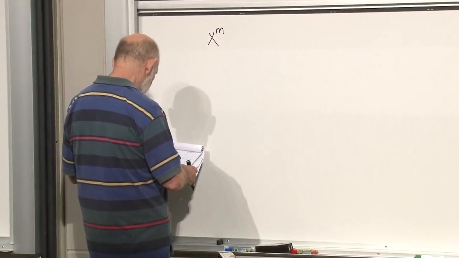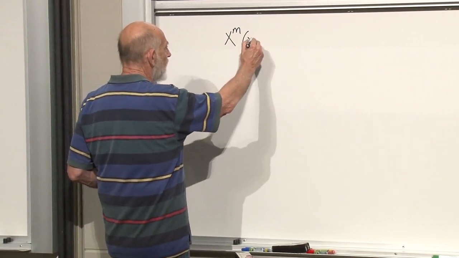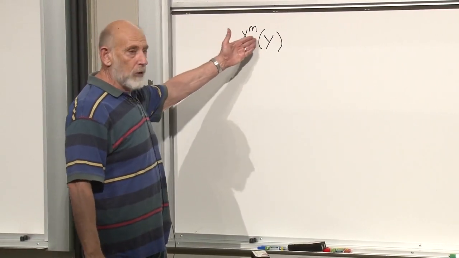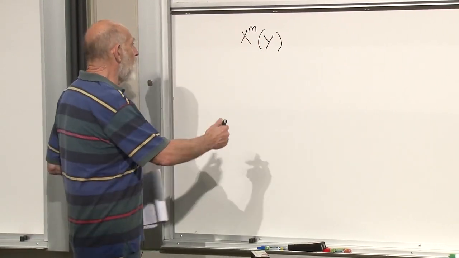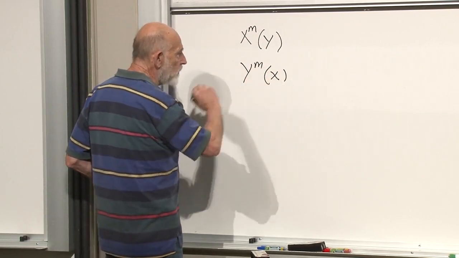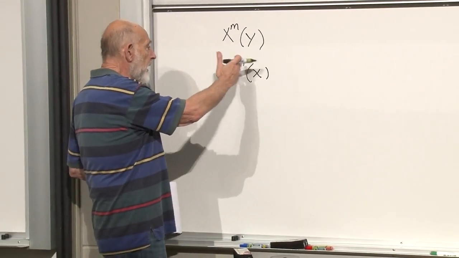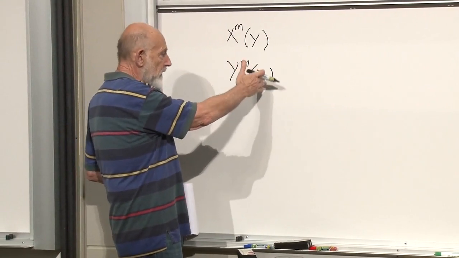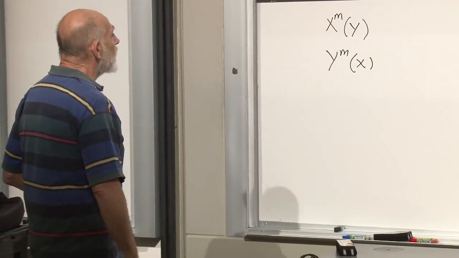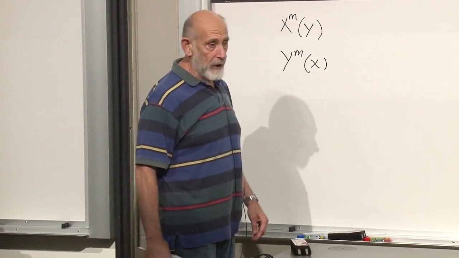So we might write that the coordinates x^m are functions of y, and what I mean by functions of y here is functions of all of the components of y. And likewise, y^m are assumed to be known functions of the x's. y^m of x means y^m of x1, x2, x3. I just don't want to write all of the labels in there. We have two coordinate systems, each one being a function of the other.